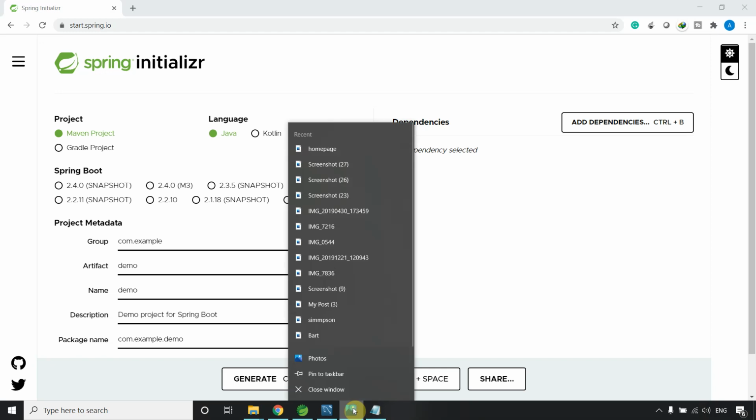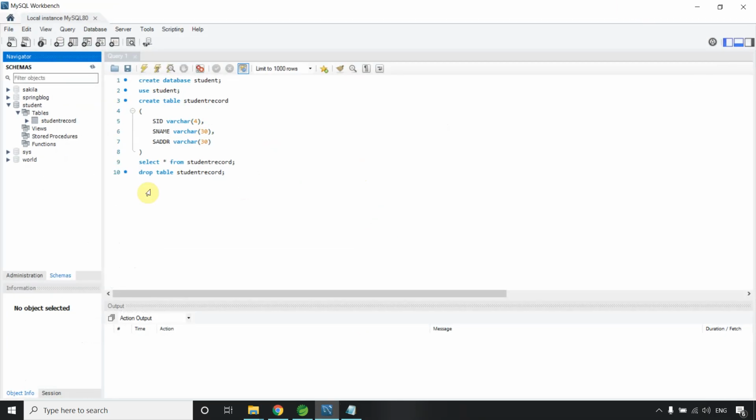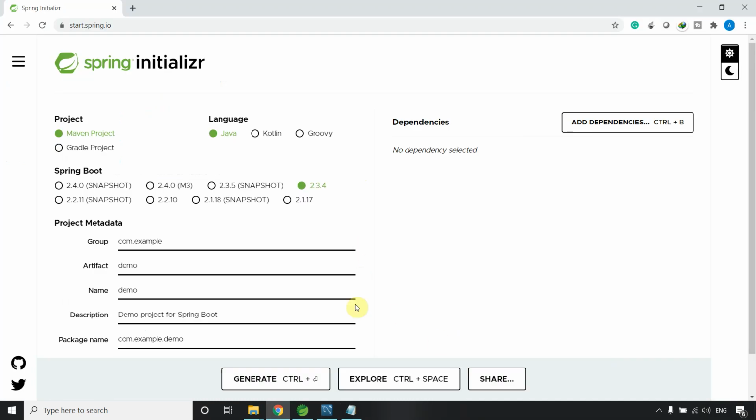Let me close this now, and I will give you all the designing resources used inside this project, because we are here to learn Spring Boot, not designing concepts. We will look at designing in some other videos. So we are looking here at Spring Boot, so we can start, right? And I'm using this MySQL database.